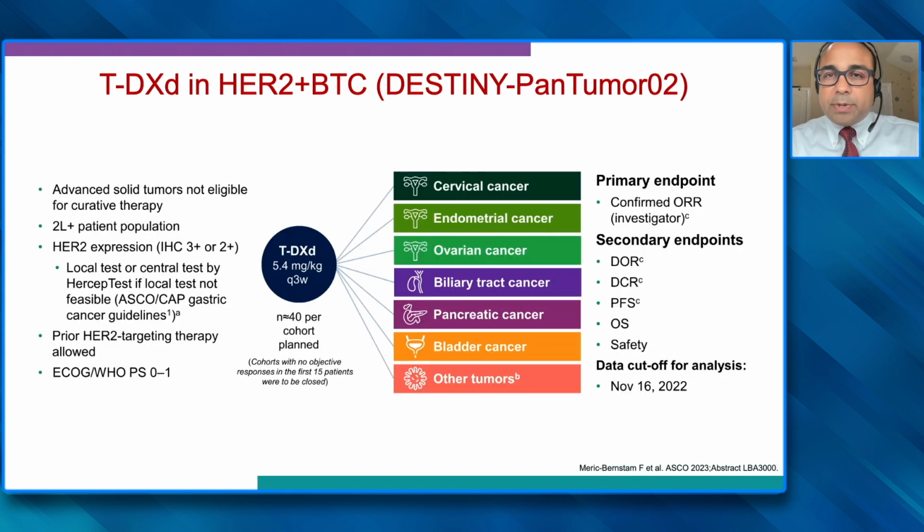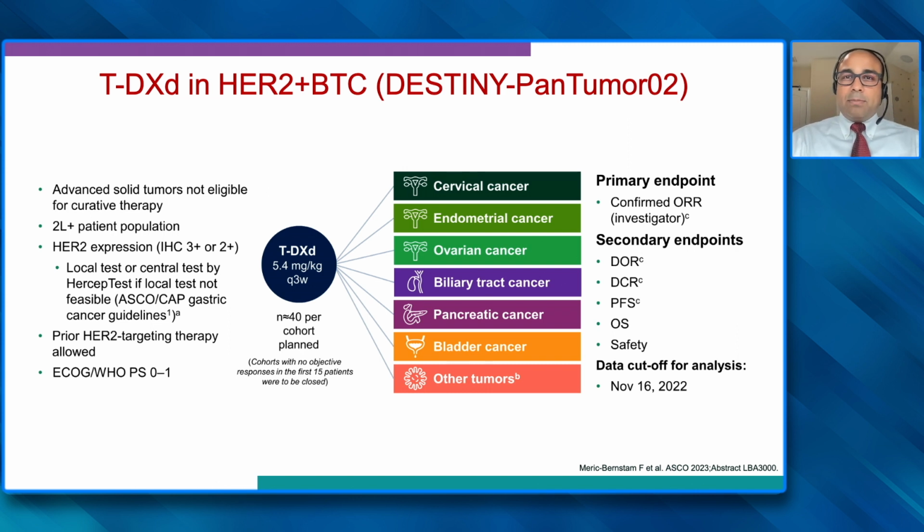So this brings us to, since we are doing dual anti-HER2 across tumor types, we want to explore the activity of trastuzumab deruxtecan in HER2-positive tumors that were in all other cancers apart from colorectal, breast, gastroesophageal, and lung, because by that time there were already dedicated studies. So this is the pan-tumor study minus those tumors.